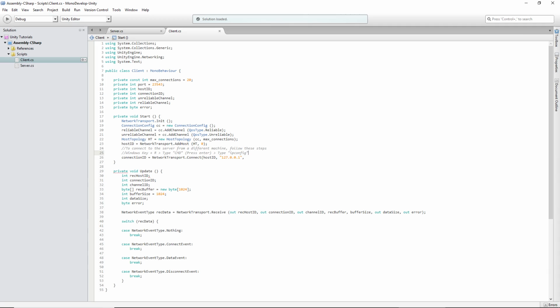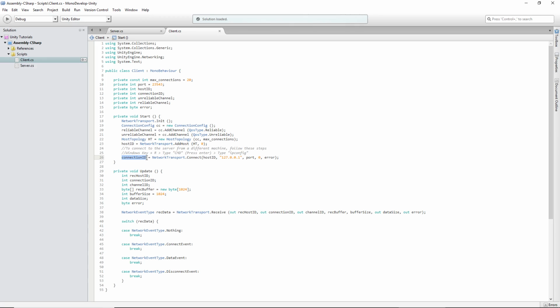Yep, that'll be perfect. And then down here, after that, we'll type in the port, exception, connection ID. I don't even know what that is, to be honest. So we'll just put 0 and error, since we made an error variable. So this is what will connect you to the server, and the connection ID you'll get from it will be